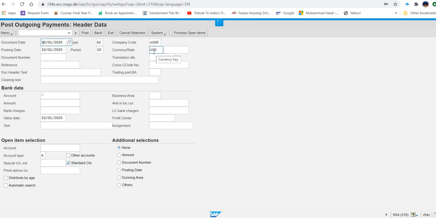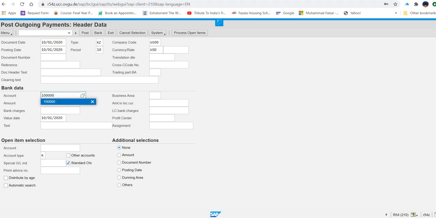Now the bank account 100,000 has to be put as the bank account. So where is the bank account? Here, under the bank data. Okay, so it is 100,000.